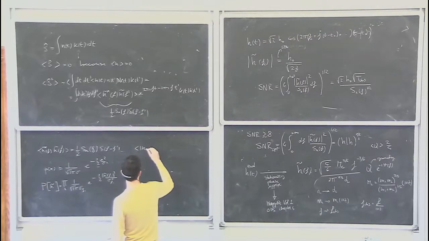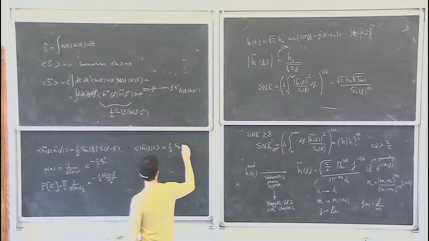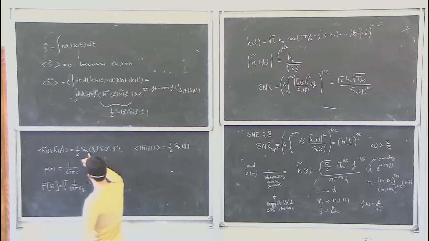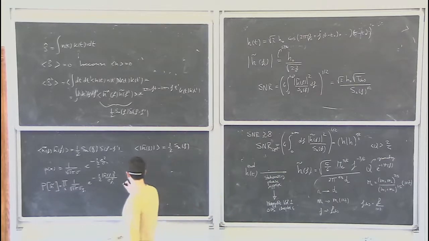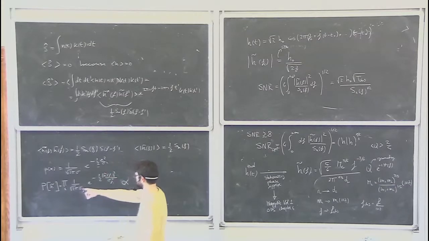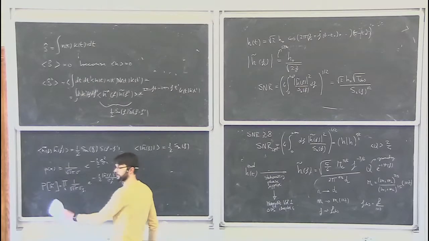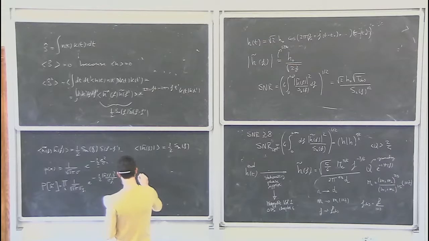The ensemble average of the norm of the absolute value of n tilde is simply 1/2 Sn(f). So the physical meaning of the power spectral density is simply the sigma, or the RMS, of the noise at a given frequency. So I can rewrite this as, well, forgetting about all factors, which we typically don't care about, this probability for a given realization of the noise in the frequency domain is simply given by exponential of minus 1/2